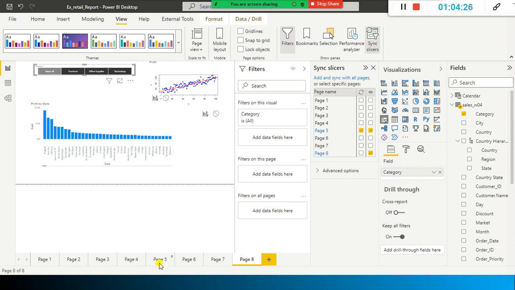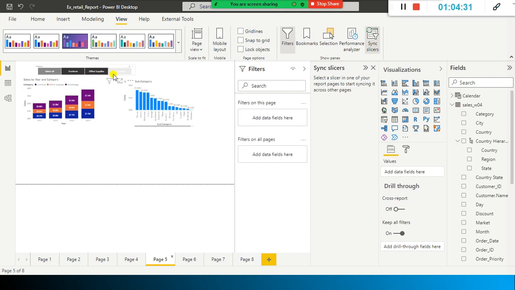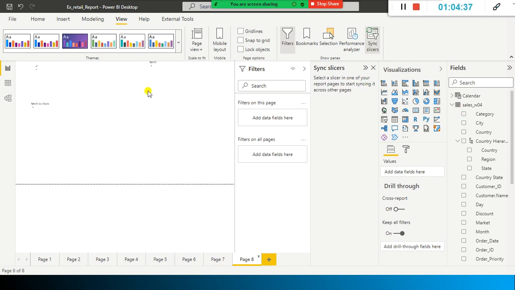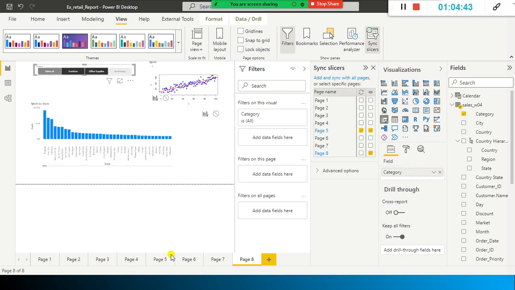Yes, okay. So now if you go to the 5th page, see, the slicer got copied and synced up with that page. For example, here I select only technology, right? And if I go to page number 5,